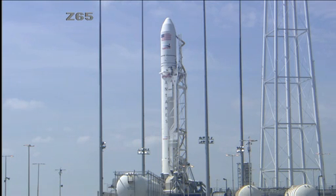Sure. The Antares is, of course, a new rocket being developed by Orbital Sciences. It's a two-stage rocket. The first stage is powered by two Aerojet AJ-26 engines. That's a LOX kerosene fuel mixture. And the second stage is a solid built by ATK, the Castor 30. It will launch from the eastern shore there at Wallops off the Mid-Atlantic Regional Spaceport pad and place in orbit a Cygnus simulator. The Cygnus will be the spacecraft that Orbital will ultimately launch and take to the space station